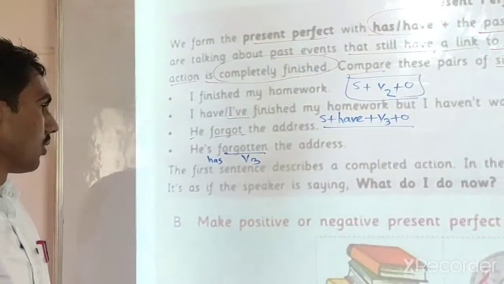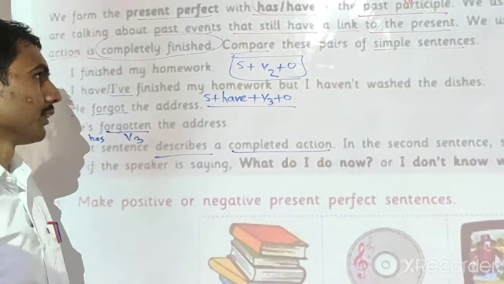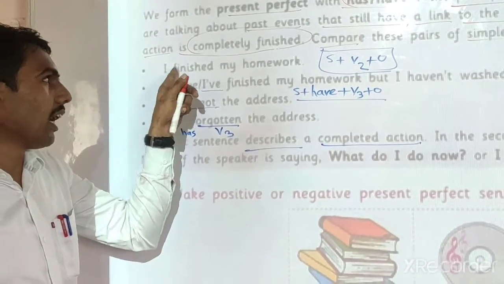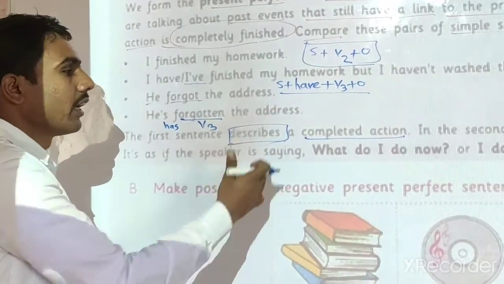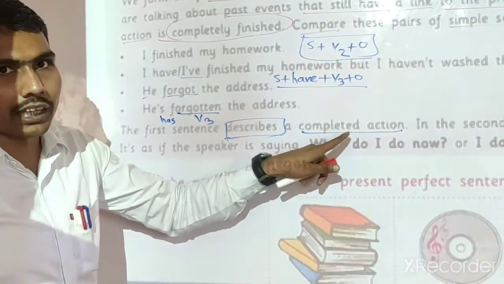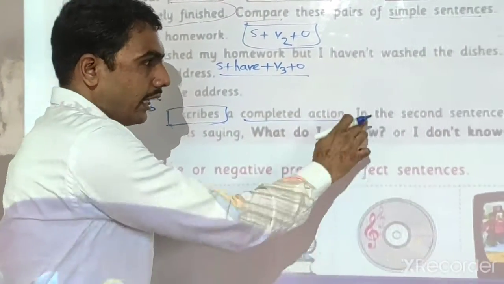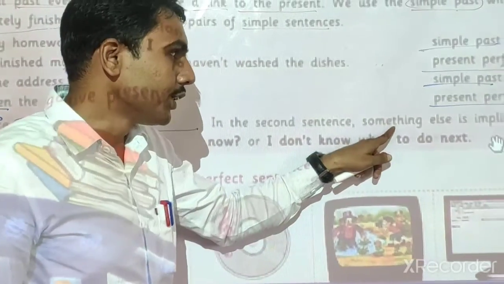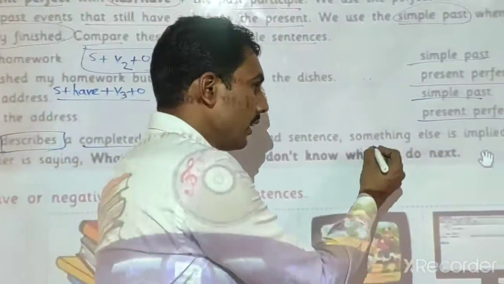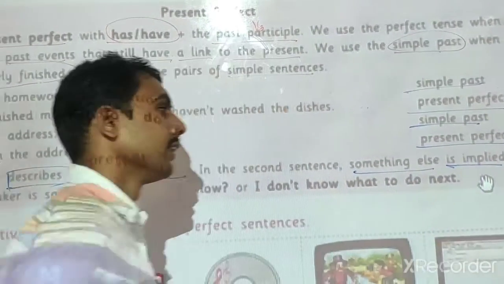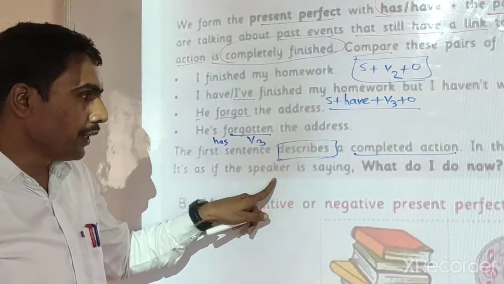Okay, dear students, look here. The first sentence describes a complete action. The first sentence, I finished my homework. Describe means inform. It describes a complete action. That action is completed. In the second sentence something else is implied. Implied. It's as if the speaker is saying,